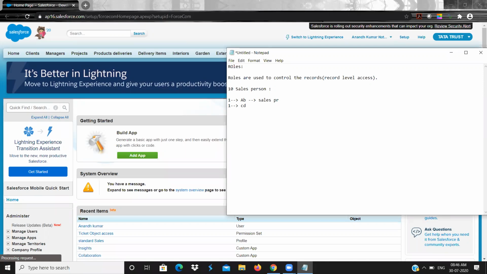Both have the same level of access because they are from the sales team. But the customer record that the salesperson in AB company is working on should not be visible to the other salesperson working in CD company.